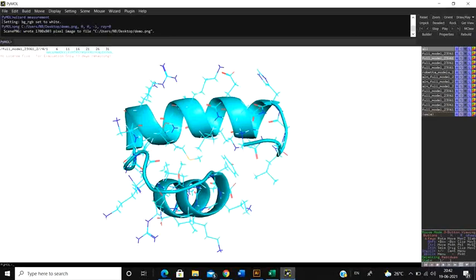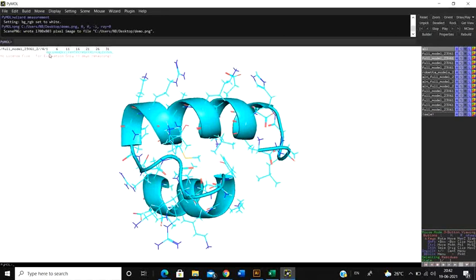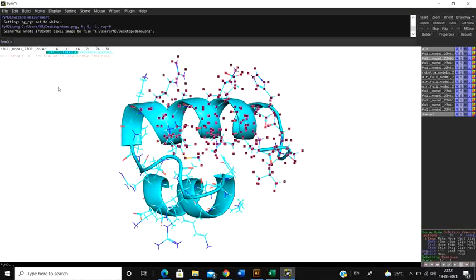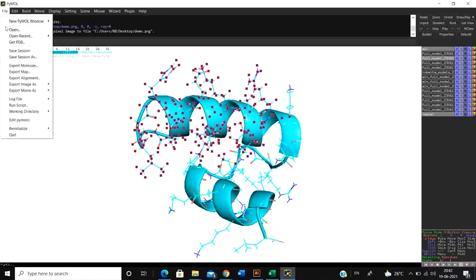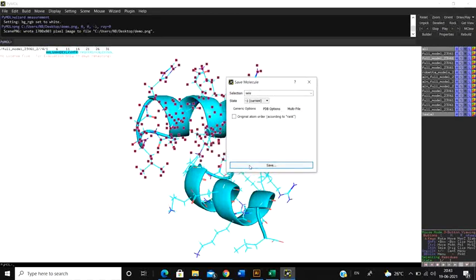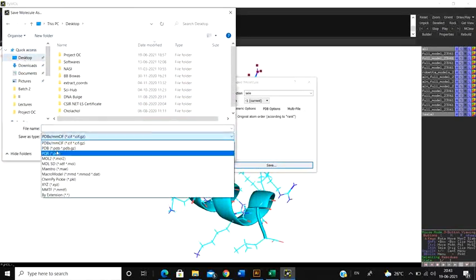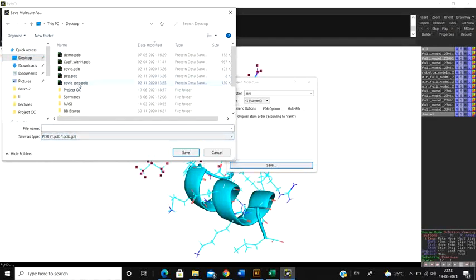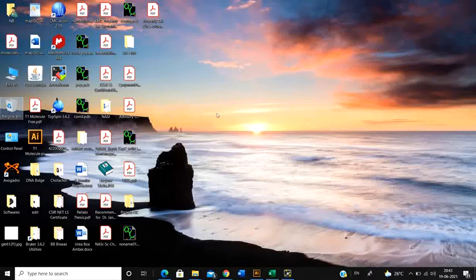Okay, and also sometimes you have a large protein and you don't need to save the whole protein, you only need to save the C-terminal till the 16th part. You can also select that particular part. How to do it? Select the region that you need, click on File, click on Export Molecule, and then from the drop down menu click on Selection, that means the atoms that you have selected. Now click on Save. Suppose I go to desktop, give the name, save as a PDB structure, and name it demo PDB. Since I already have a demo PDB, I'm going to overwrite it.